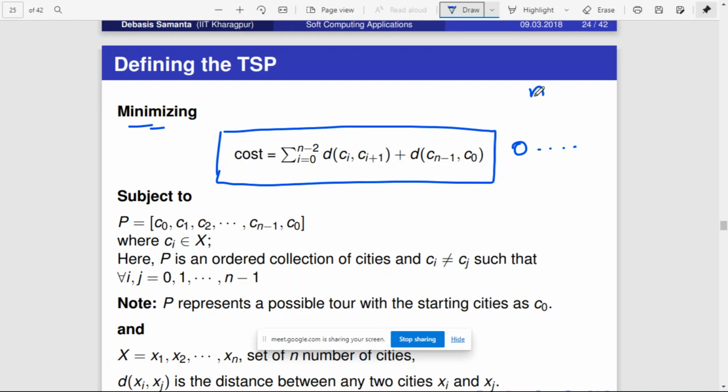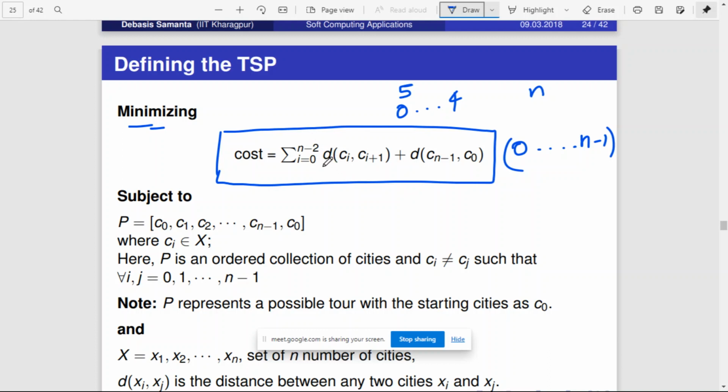No, n, totally n cities. See, if it is 5 cities, if I number from 0, it will end with what? 4. So n cities, if I number from 0, it will end with n minus 1. Okay. So that is how this numbering is given. So you may wonder why it is n minus 2. You may think it should end with n minus 1. No, n minus 2 is correct, because